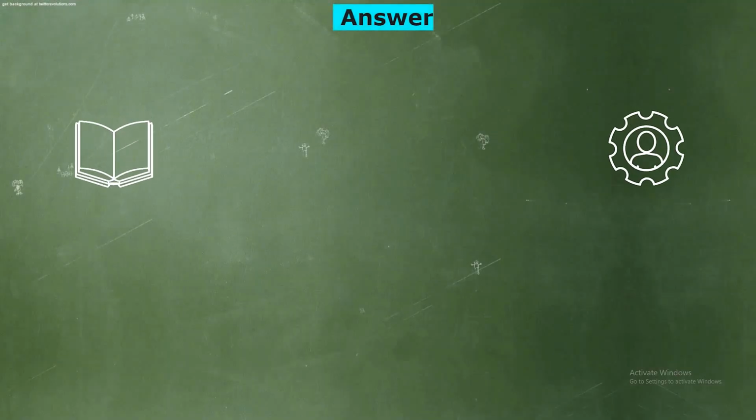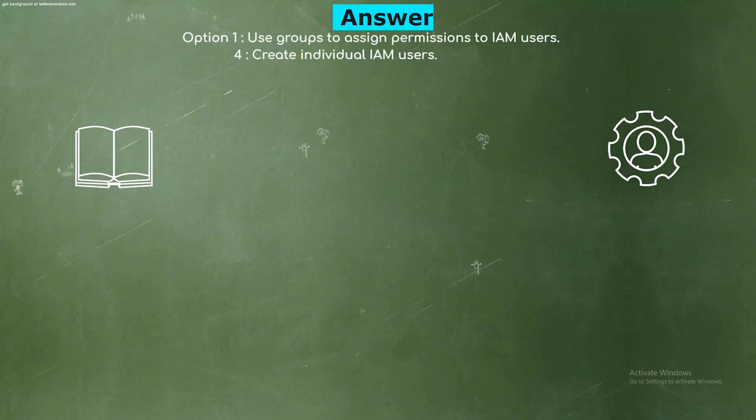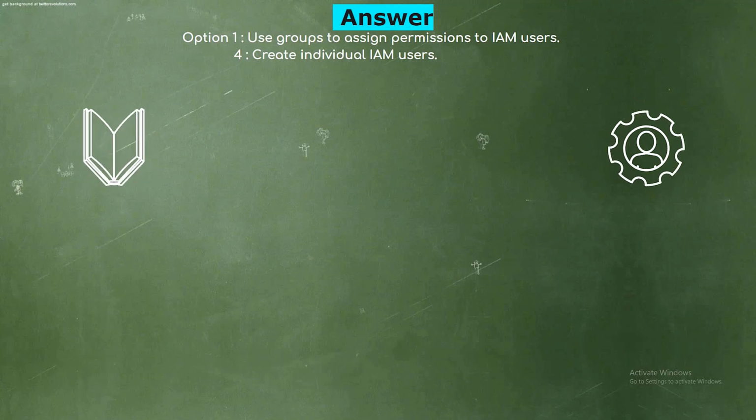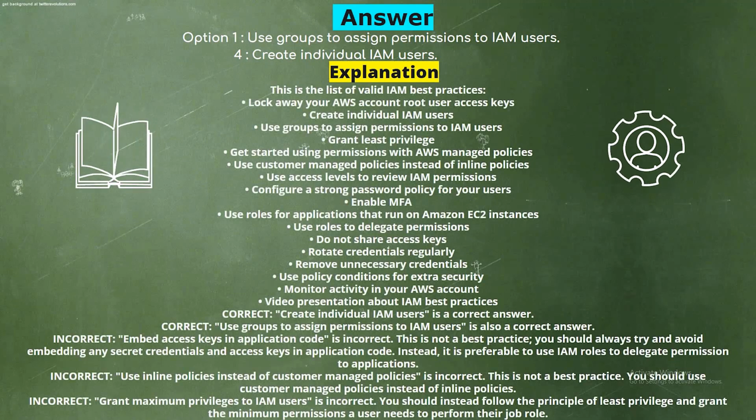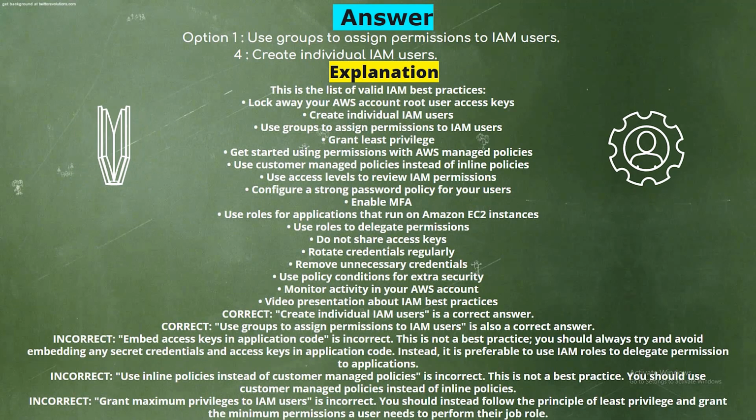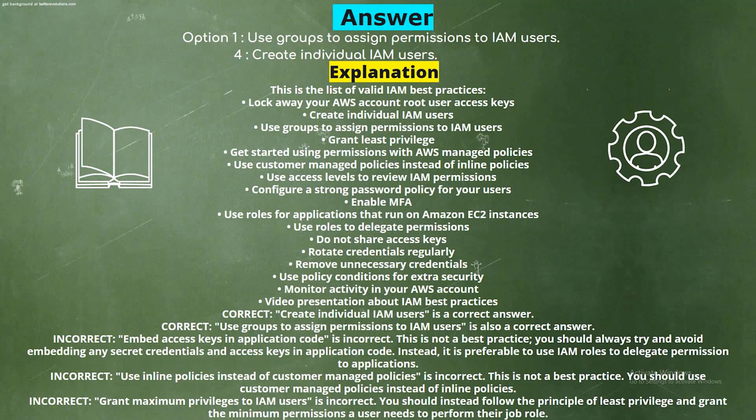And the correct answers are: Option 1. Use groups to assign permissions to IAM users. And Option 4. Create individual IAM users. Explanation. This is the list of valid IAM best practices. Lock away your AWS account root user access keys, create individual IAM users, use groups to assign permissions to IAM users, grant least privilege, get started using permissions with AWS managed policies, use customer managed policies instead of inline policies, use access levels to review IAM permissions, configure a strong password policy for your users, enable MFA, use roles for